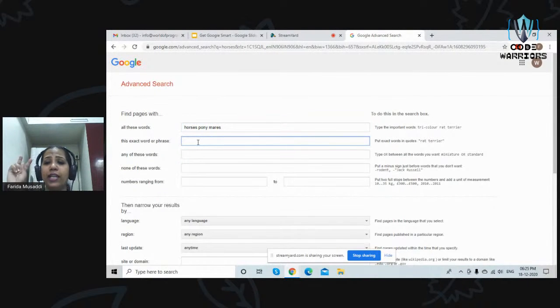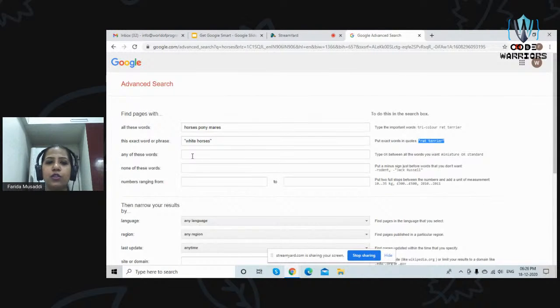If I'm searching for an exact phrase, okay, suppose exactly I want a page which has the phrase white horses. So I put it in double quotations. If you don't remember it right now, it's perfectly all right. Google does provide you with help text. So even if you are not able to recollect things right now, you can refer to this text and you will know the way things have to be written.